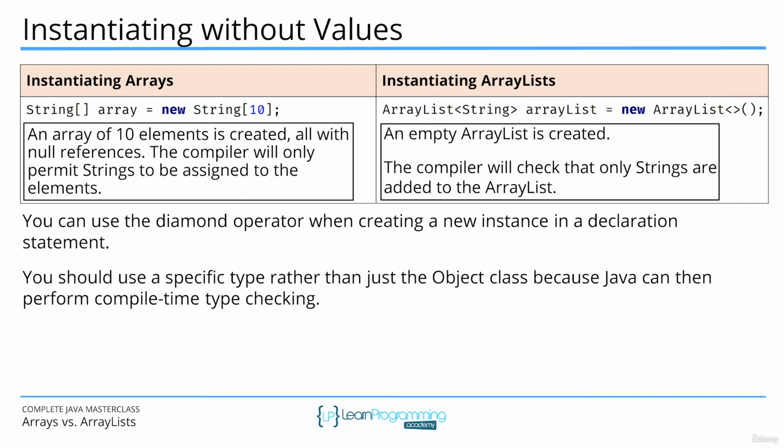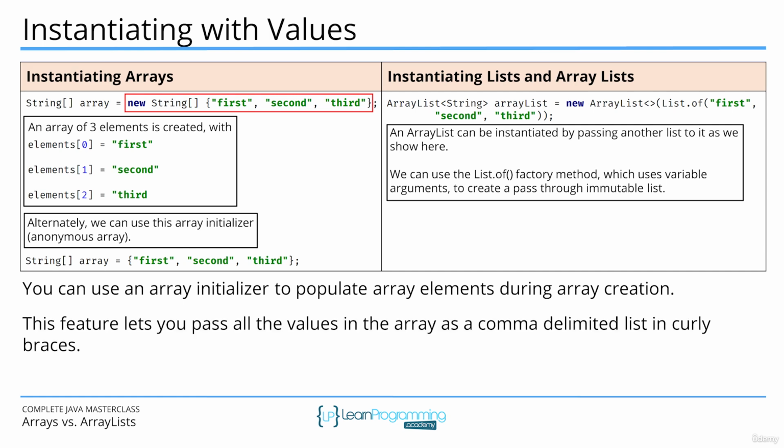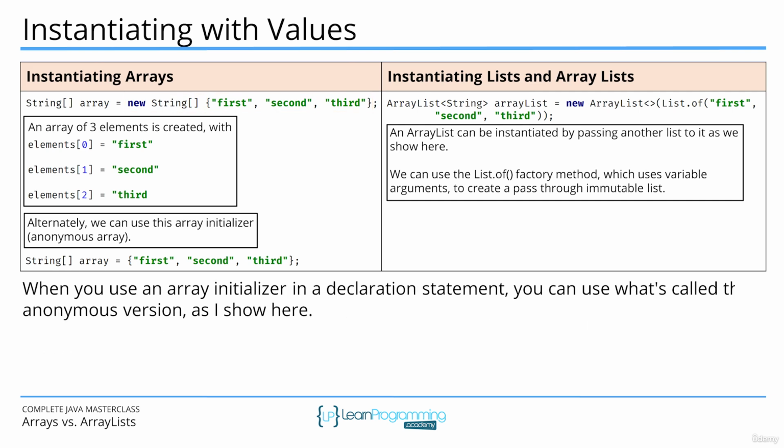You should use a specific type rather than just the Object class, because Java can then perform compile time type checking. You can use an array initializer to populate array elements during array creation. This feature lets you pass all the values in the array as a comma delimited list in curly braces. When you use an array initializer in a declaration statement, you can use what's called the anonymous version, as I